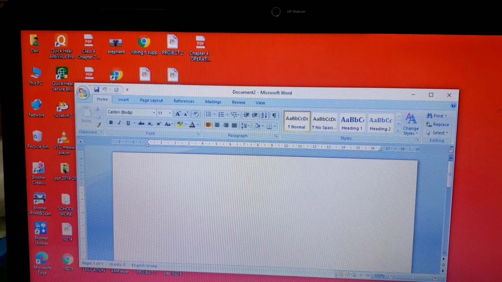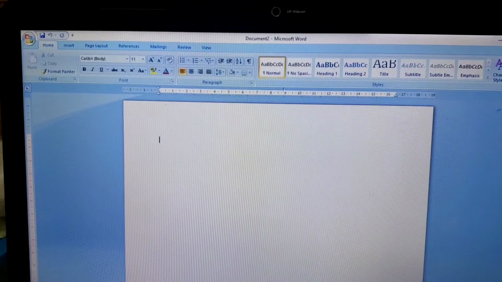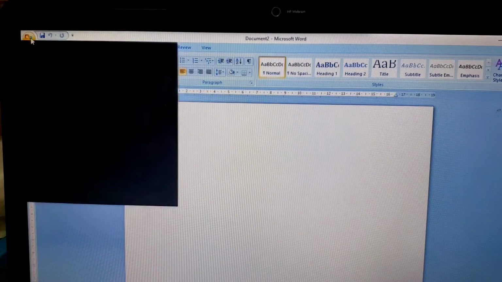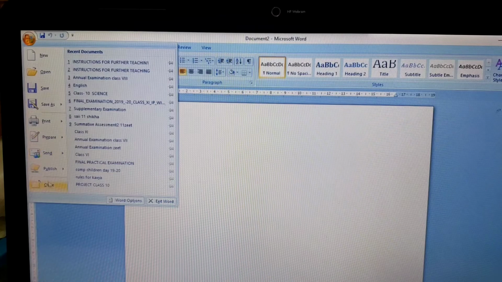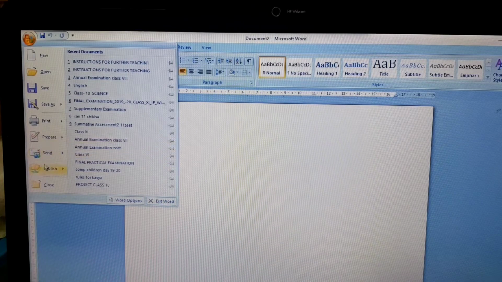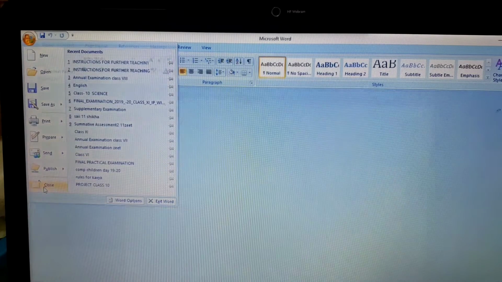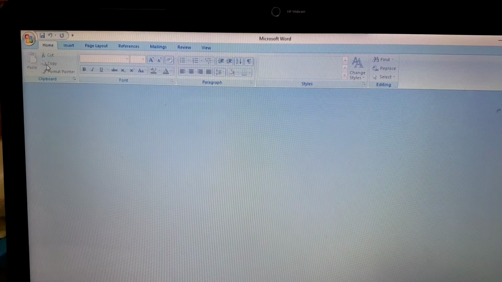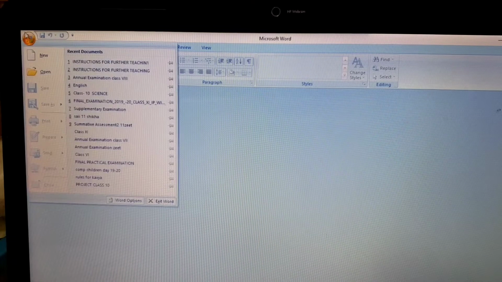Here you can see one is the close option and another one is the exit Word option. Close means I am only closing the current document. My Word software will always be there unless and until I use this exit Word option.